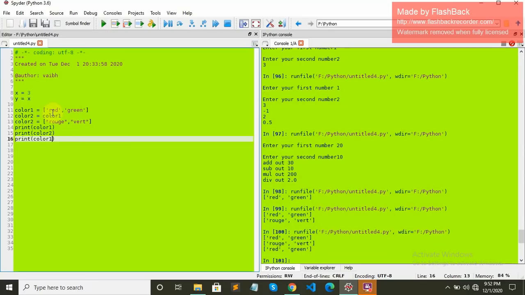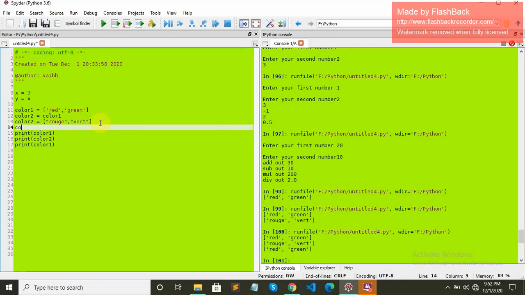But if we do something like this, let's take color2, first element, second element is 1. Let's say we set it to blue, then you can check the output.